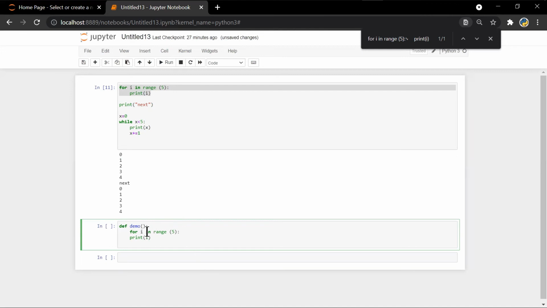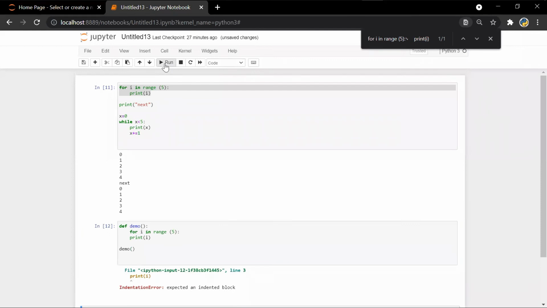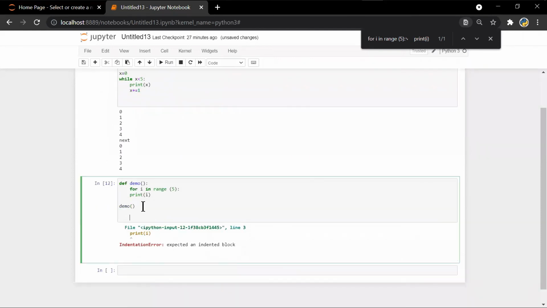So if I want a program in which I need to run this loop at different places, I create a function demo and I store this for loop and this print in that one. So whenever I call demo, it will give me the value of that. You can see, expected indentation.